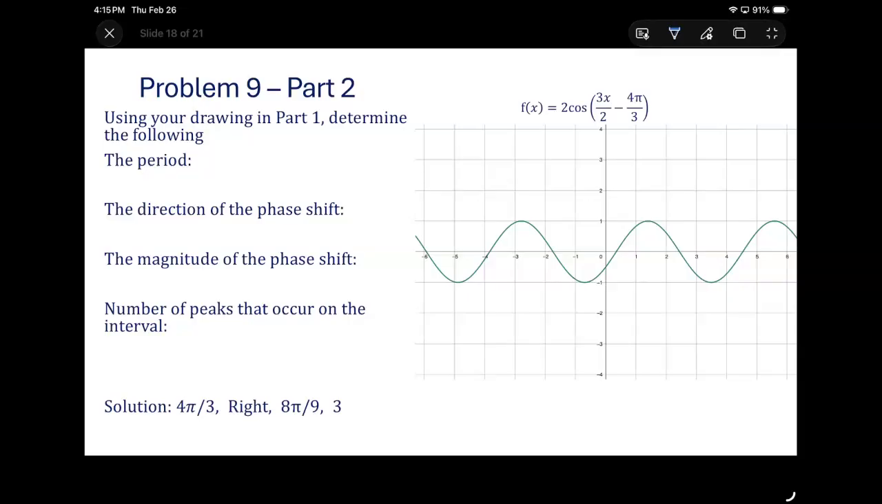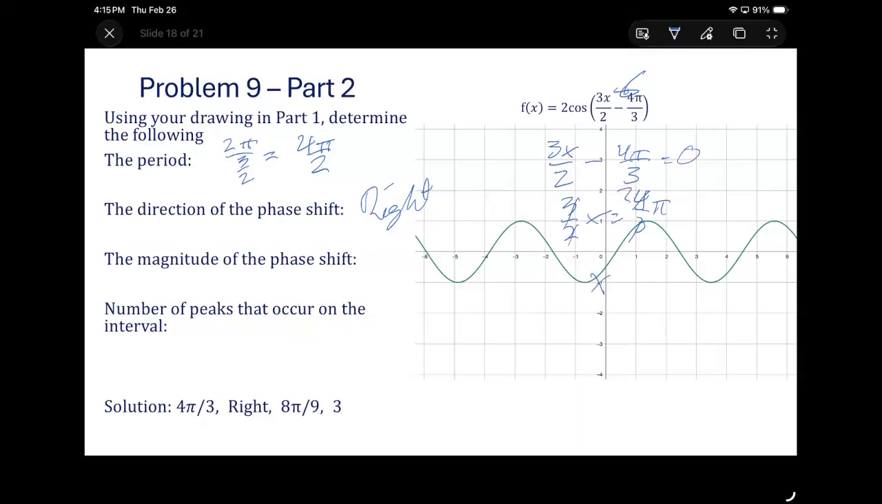Our period will be 2 pi over the 3 pi halves, which will be that 4 pi thirds we calculated earlier. The phase shift direction is negative, which means it's going to go to the right. So it is right. The magnitude of the phase shift is going to be that 3x over 2 minus 4 pi thirds equals 0. So we have 3 over 2 x equals 4 pi thirds. We'll cancel these out, and that becomes a 2. So the phase shift